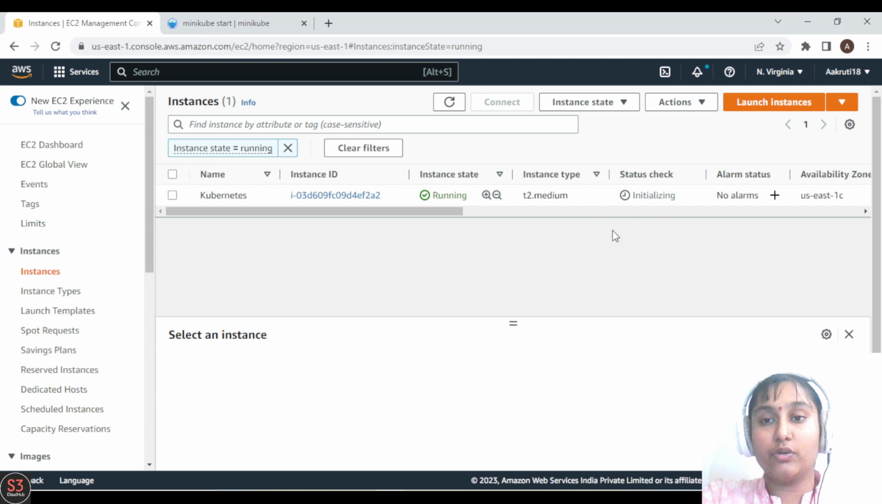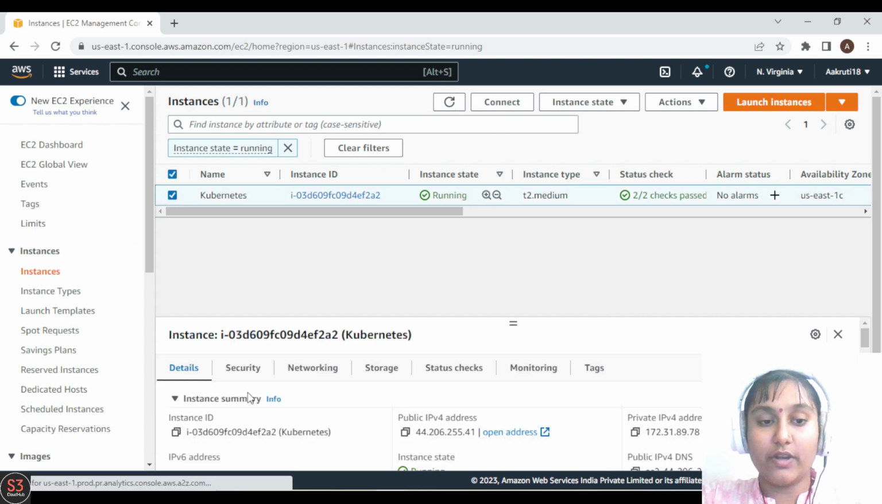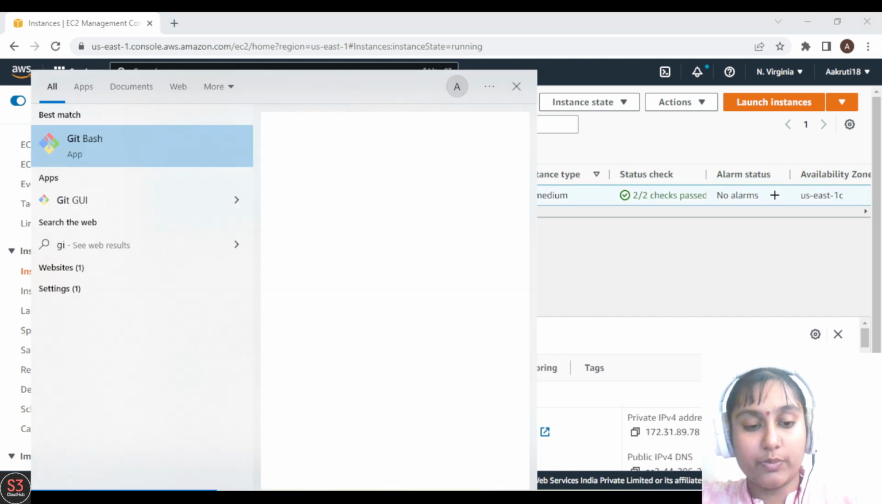Okay. So it is initializing. So let's wait. So our instance is in running mode now. So let's connect with it, right? First of all, let's open Git Bash